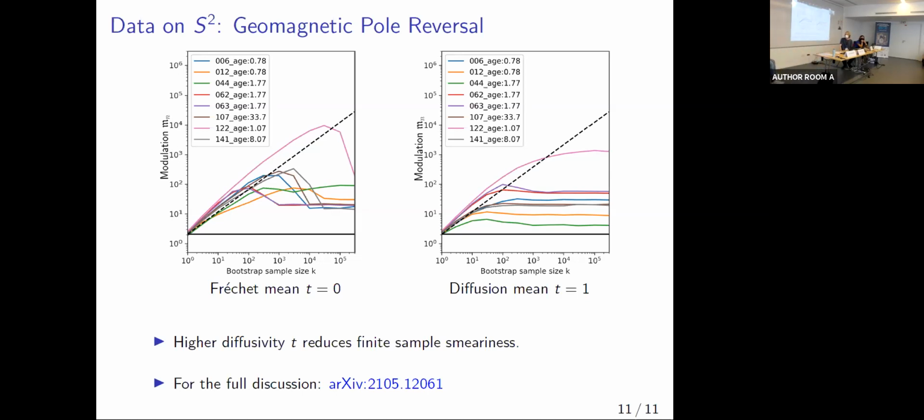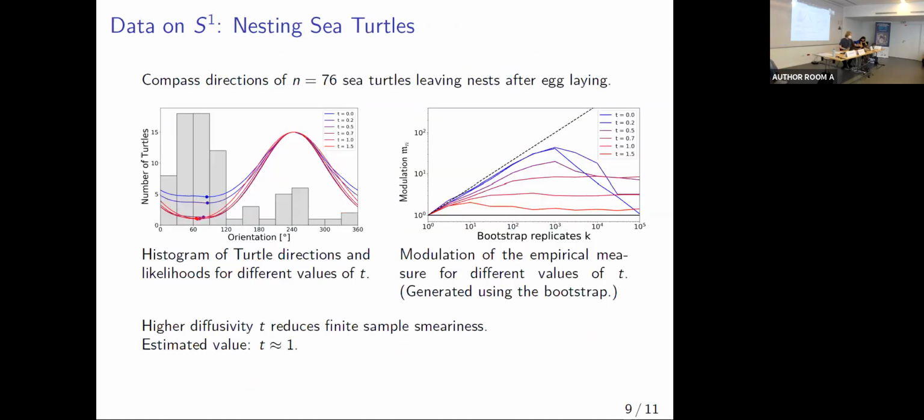I mean, as with the Fréchet mean, it has similarly good performance. Actually, in this case, it turned out it seemed to be even more robust to running into local minima. And maybe this can already be guessed from these functions here. The higher the diffusivity is, the less jagged these functions become. And so in a sense, it seems like it's less likely to run into local minima because there are fewer, apparently.